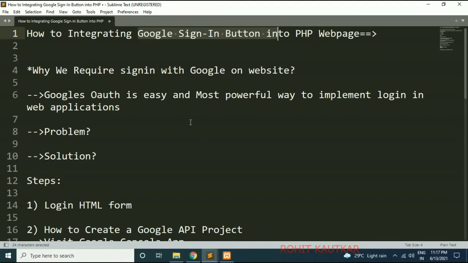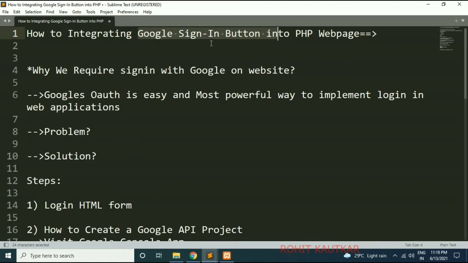In this video we are going to understand how we can use Google's OAuth login API, which allows our users to log in with their existing Google account. Friends, users will also be able to create their account on our website using a sign up form.